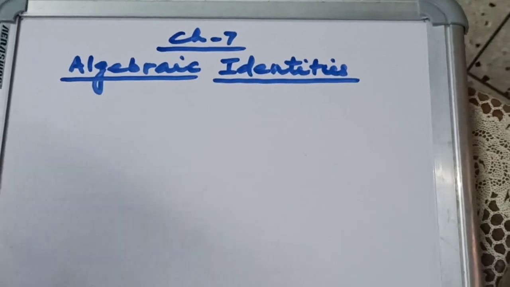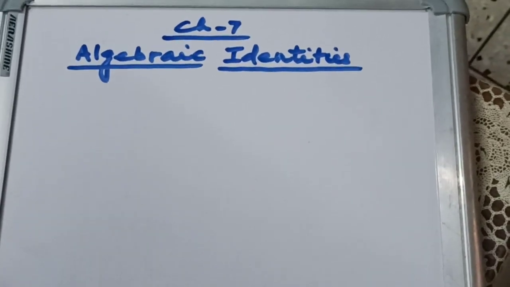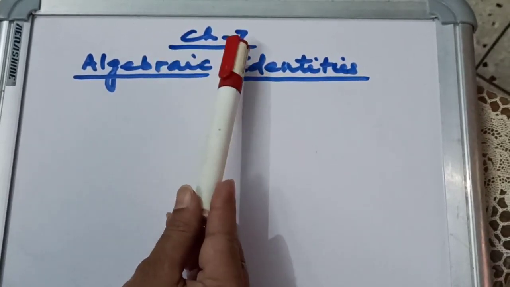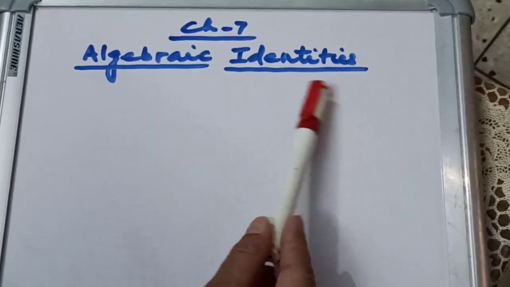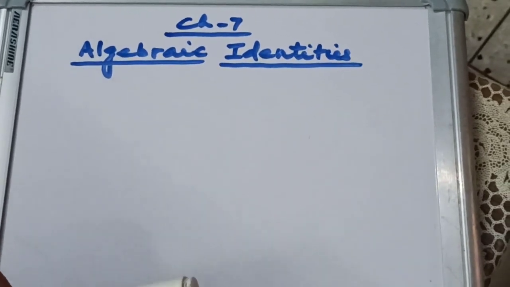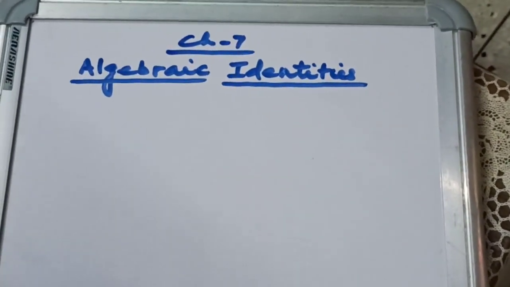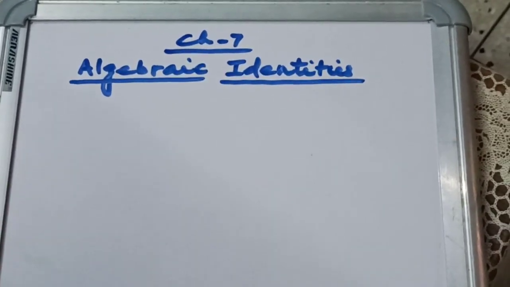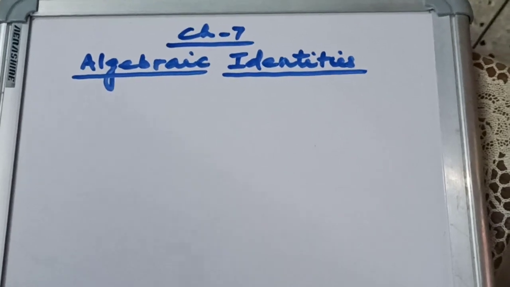Today I am going to discuss a new chapter. Chapter number 7, Algebraic Identities. In the previous class, you have learned multiplication of algebraic expressions,